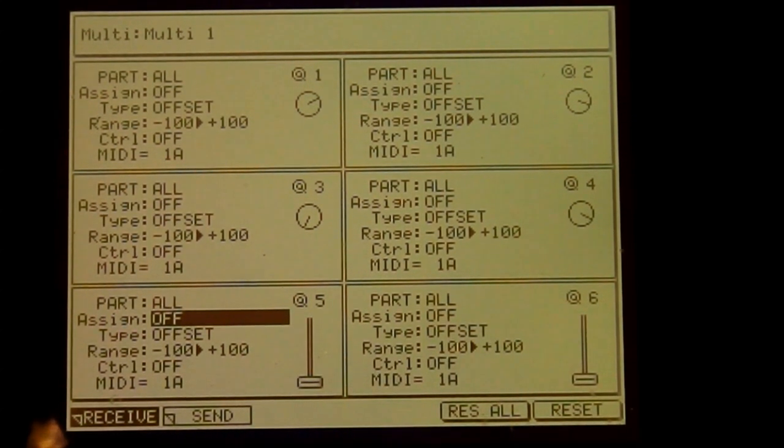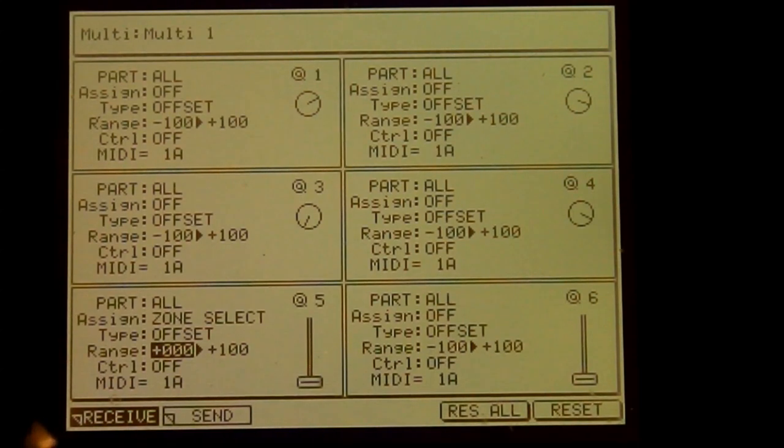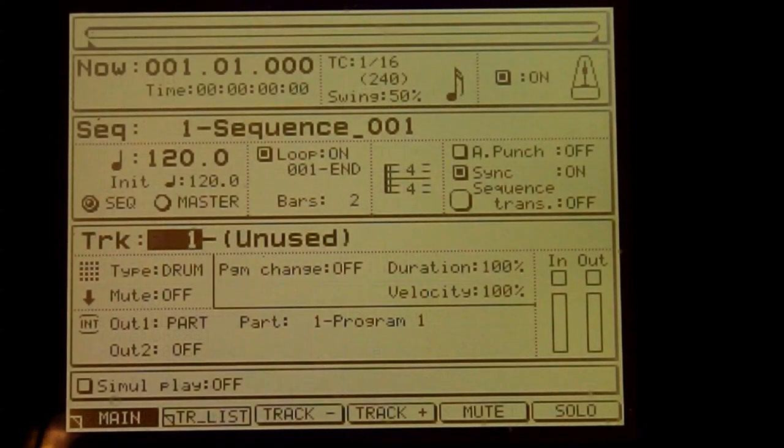Okay, so we have to set the assign to zone select. Then we adjust the range, right? Right now it's going from minus 100. We don't want that. We just want it to go from 0. We want it to go from 0 to plus 100. And we're not messing with the control or the MIDI. So when I hit this,